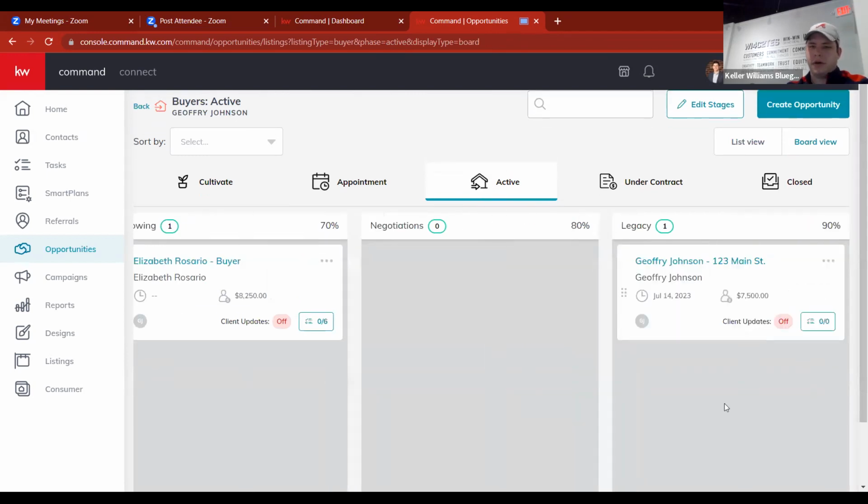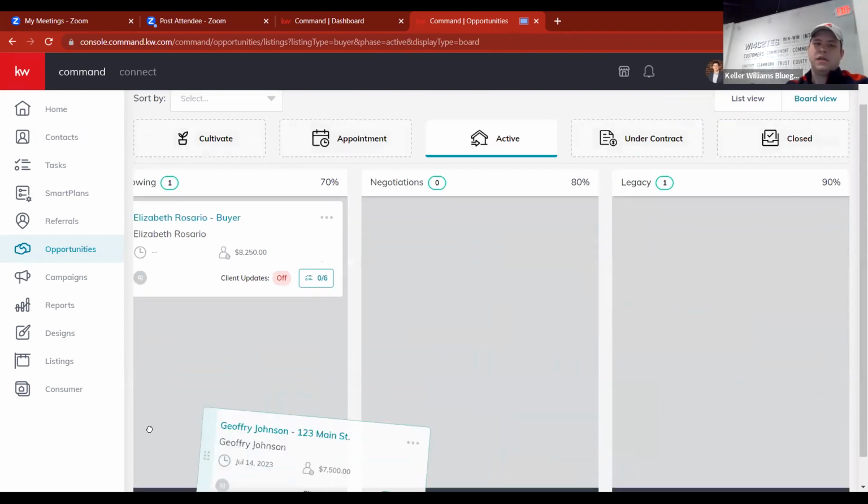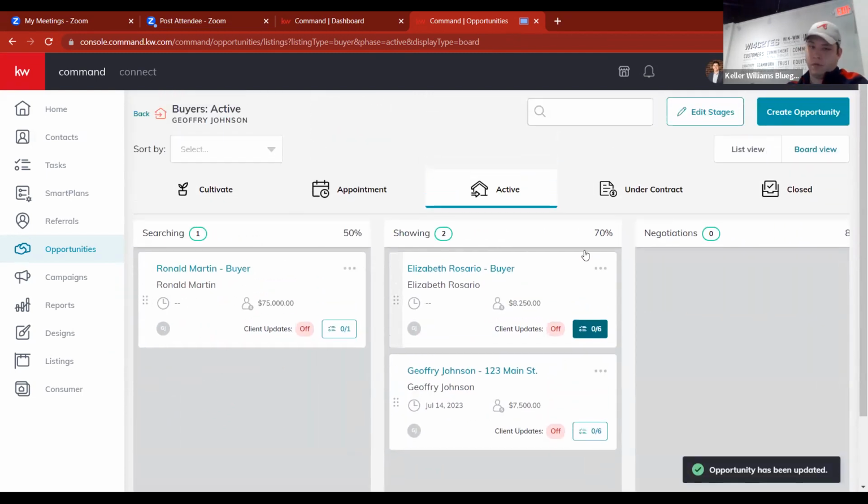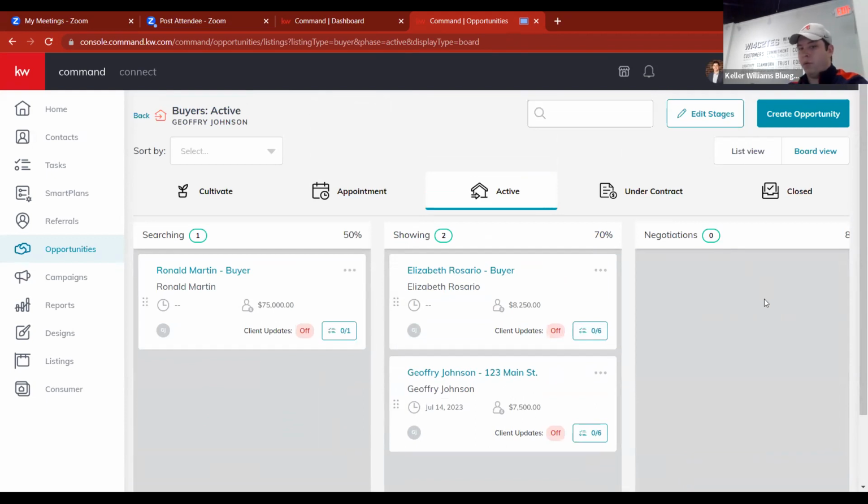All right, so we should be in here now. So this active stage is where you're going to be when you start. So for this example, we're working with a buyer, so searching, showing homes, under contract, negotiating on a property. Once you get to this point,